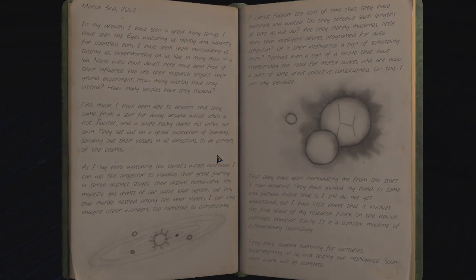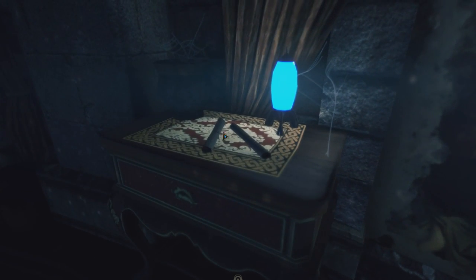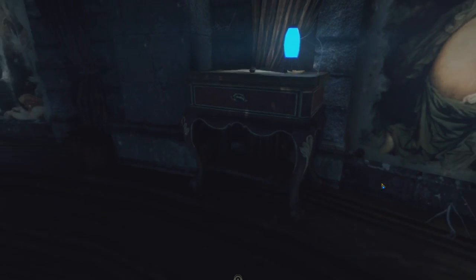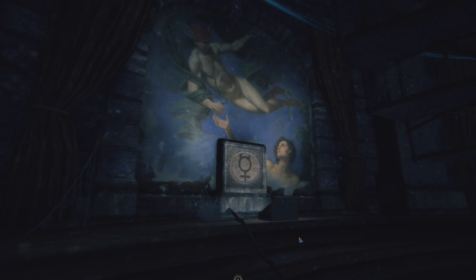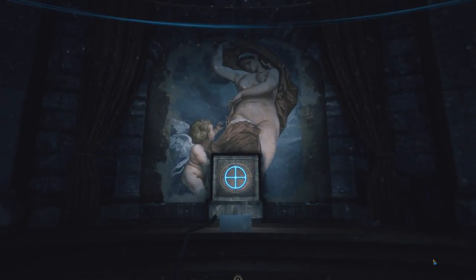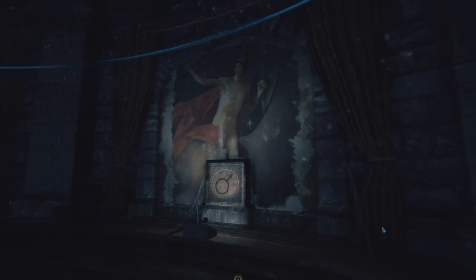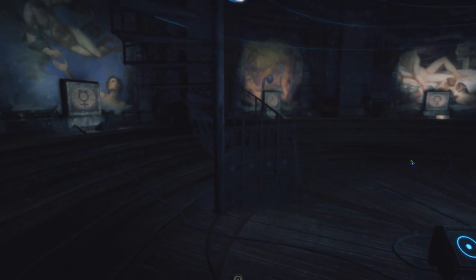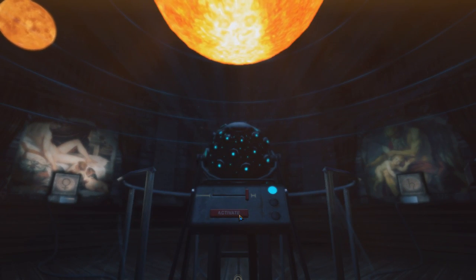The journal talks about visualizing the journey from Jupiter. Like maybe I need to do Jupiter and Earth? So Jupiter's the 4. Should be one more. There's Mars. Okay. So now it's just Jupiter and Earth, which are fittingly on opposite sides of the room if we're trying to symbolize the journey these guys apparently made. So now...